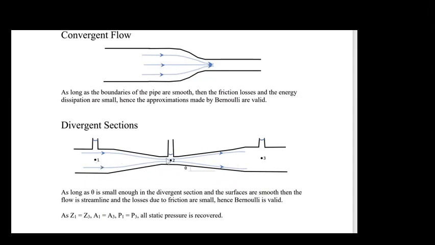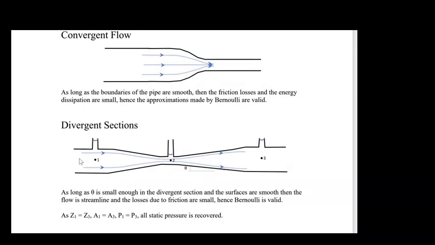So from position 1 to position 2, we've got 0 losses due to the fact that we've got smooth edges and streamlined flow, so we're not losing any energy due to turbulent fluid creating frictional losses and generating heat and that sort of thing. We can simply consider the energy associated with the pressure, and the energy associated with the velocity, the